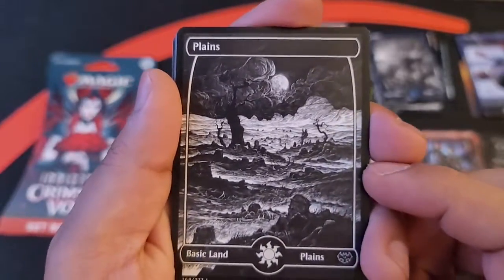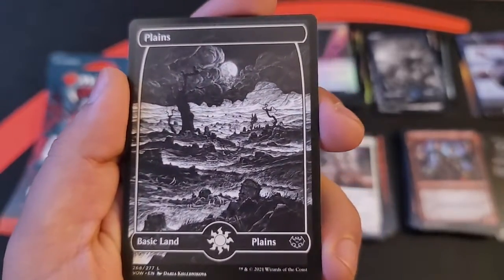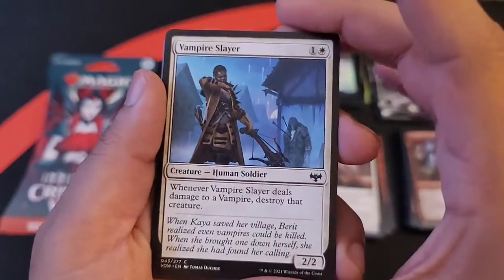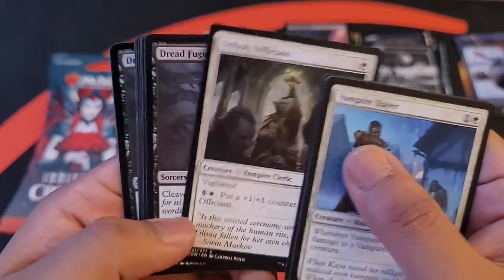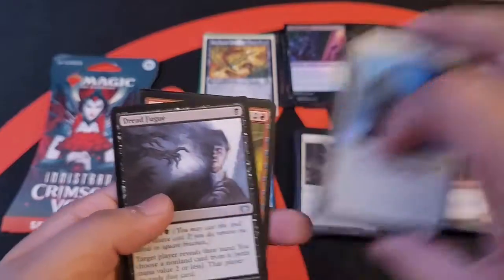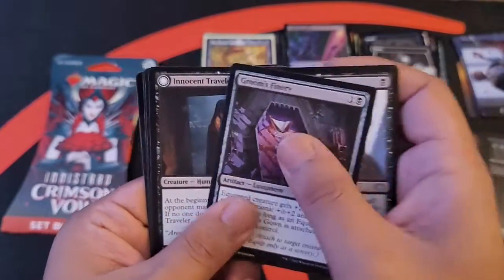And we have our super creepy plains. Like, that's a freaking graveyard. It's not a plains, that's a freaking graveyard. All right, Vampire Slayer, that makes me feel safer. Piercing Light, this one seems more about, oh, nope. I thought it was going to be about vampire killers or slayers, but nope, this one's just mixed up again. There's no true theme for this one. Dread Fugue, Groom's Finery, it's cool equipment. And then